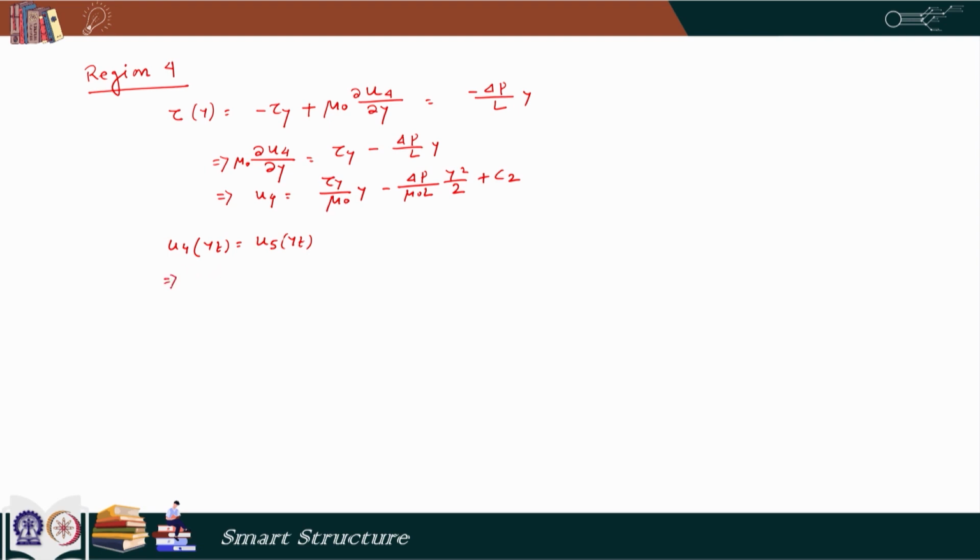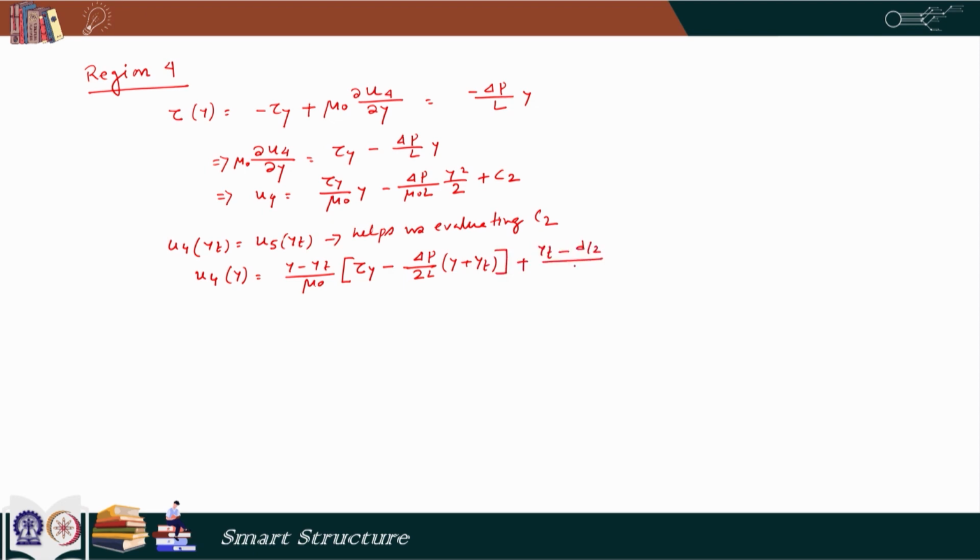Now, if we apply that condition, then we can evaluate the constant C 2, and after evaluating the constant C 2, if we put it back in the equation, we can find out our u 4 y as y minus y t by mu 0 multiplied by tau y minus del p by 2 L multiplied by y plus y t, and then we have plus y t